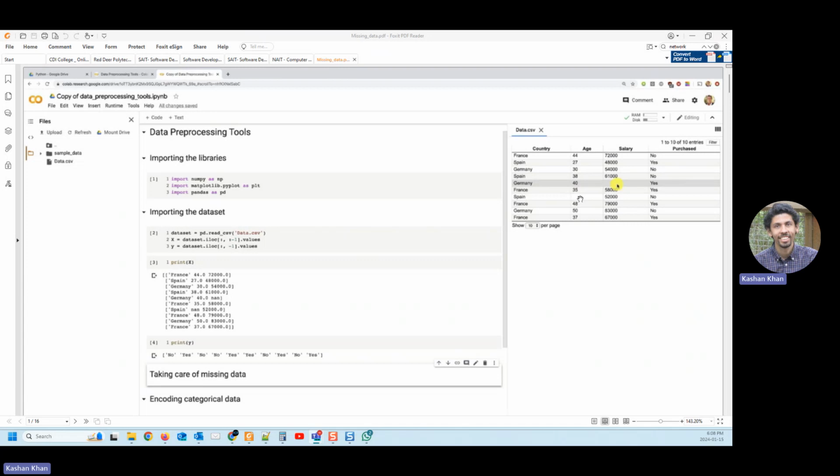So one thing you need to take care of: if you don't enter that information, it will sometimes not be ignored. You will have to explicitly mention to ignore those rows that have the missing data,